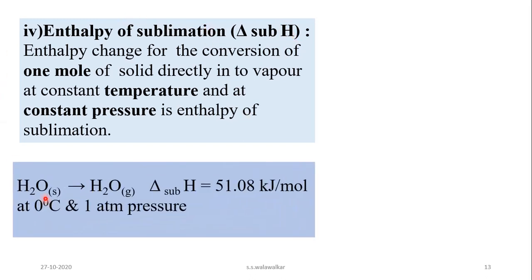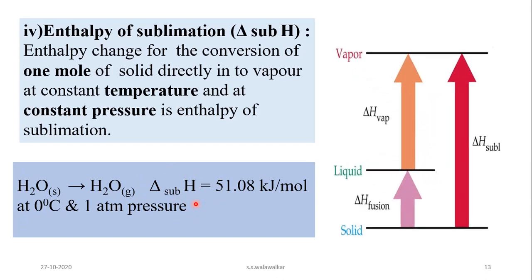Example of this: water in a solid state gets converted into water in a gaseous state at 0 degrees Celsius. Then the enthalpy of sublimation is equal to how much? 51.08 kilojoules per mole. This much amount of heat is absorbed when water in a solid state gets converted into water in a gaseous state. And whatever heat change takes place during this is called the enthalpy of sublimation,